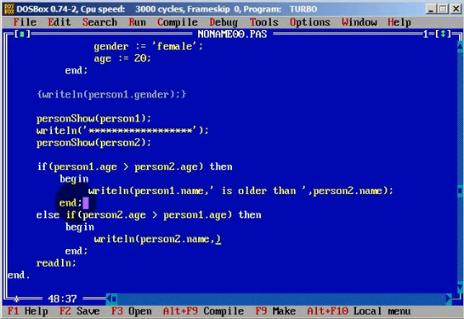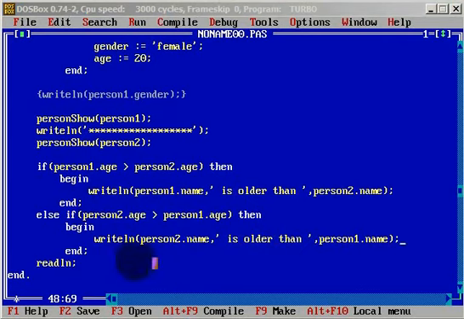Okay, now we will need a text, "is older than", and now we need person 1 dot name. Okay, it looks good, and now we will